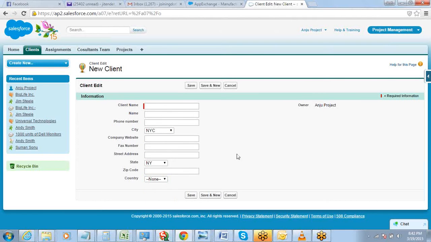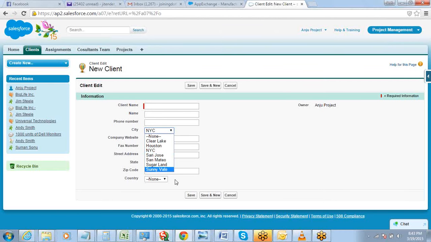But what may happen at times is, for example, you are dealing in 4 different countries, 50 different states, and 200 different cities. Don't you think if a pick list shows 200 options here, it will become very difficult for the end user to select, right?